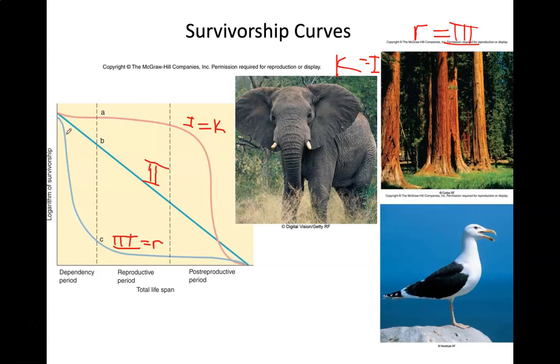So whether you're an offspring, you're in your reproductive period, or post-reproductive period, you have a 50-50 chance of surviving. And this is because as an offspring, your parents are going to give you some care, but not necessarily care through your entire